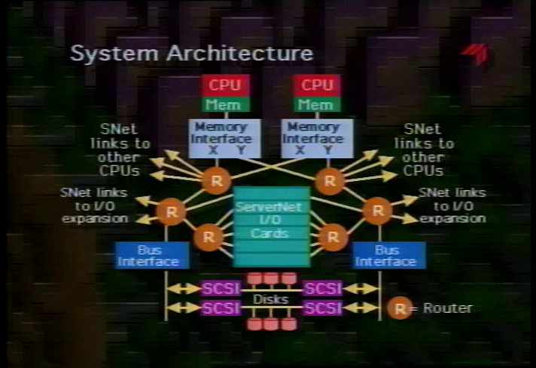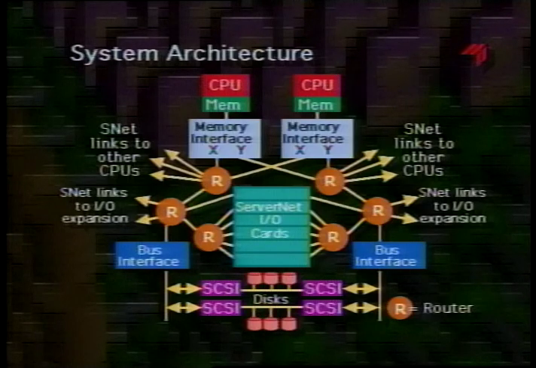The diagram also shows several ServerNet cable connections that can extend ServerNet either to remote peripheral cabinets or to other CPUs. We also have slots for ServerNet I/O cards. These can be used for I/O peripherals, for instance for ATM controllers, for additional LAN controllers, or for more disk controllers. All the I/O slots are dual ported so that even if we have a failure of one of the entire X or Y fabrics, we still have access to all the I/O cards.